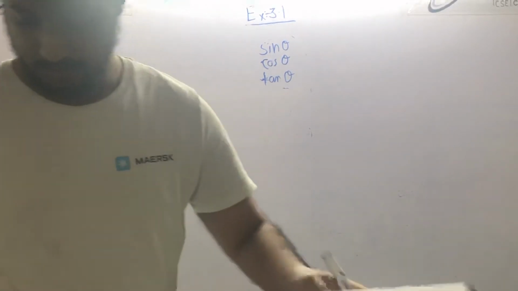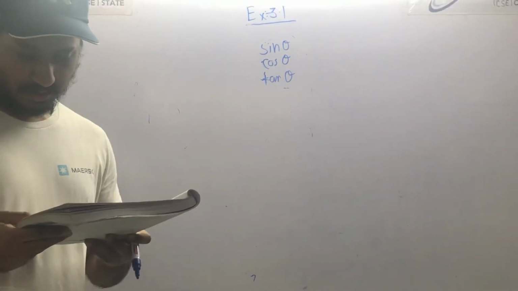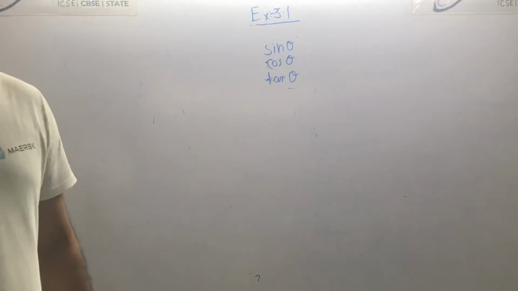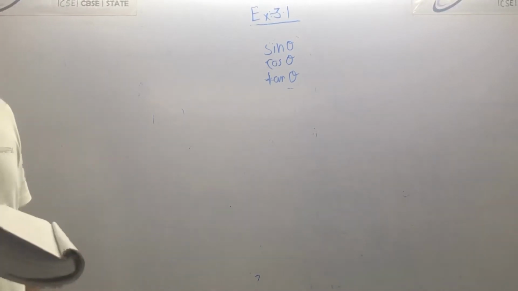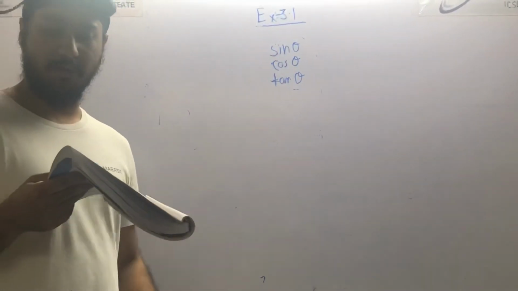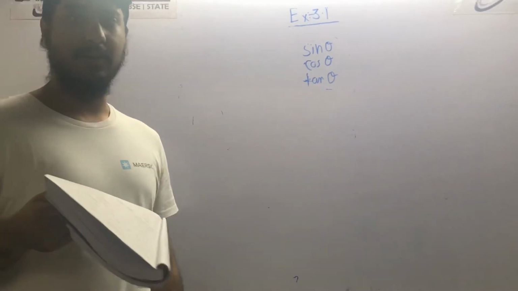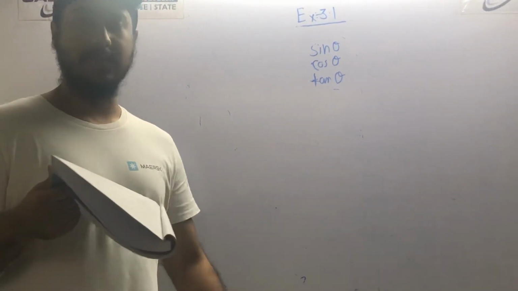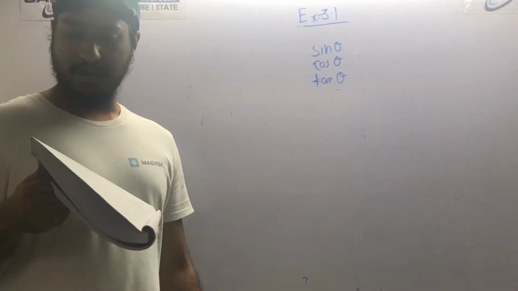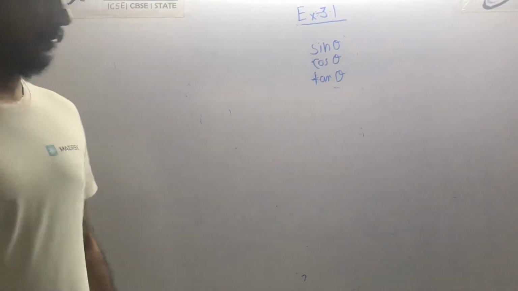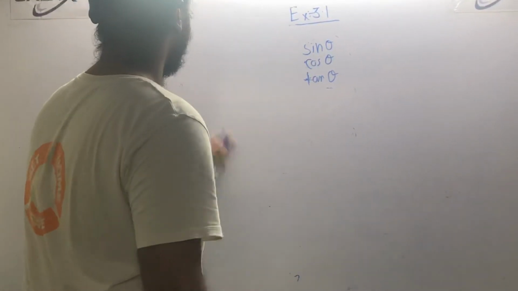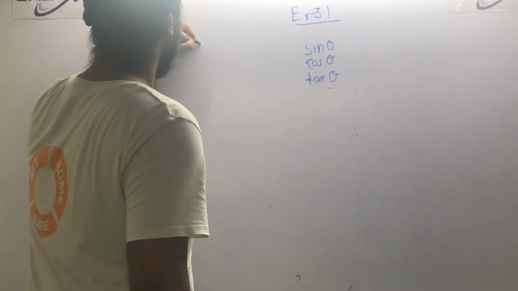The next thing that they have asked us is 180 degrees. I think we have done 180 already. We have done it in the example. We have already found all the values of 180 degrees in trigonometric functions. It is given in the example. So now in the next part we will go to 210 degrees.